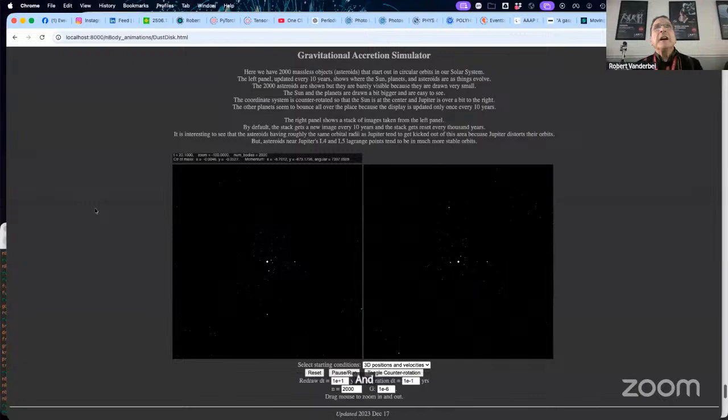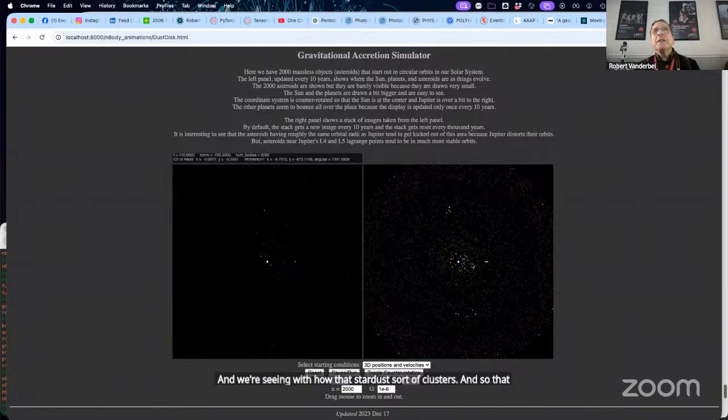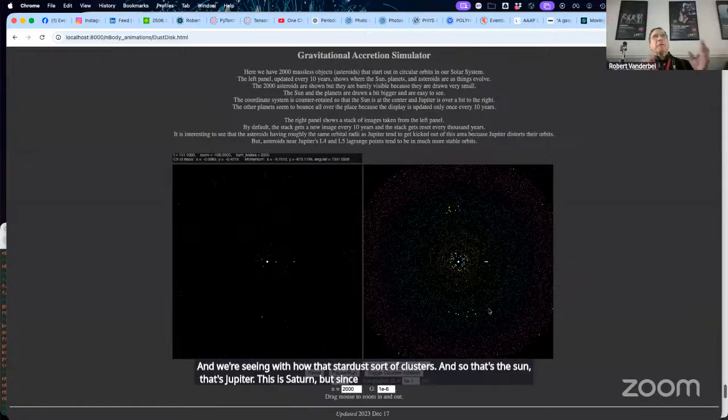And I'm putting a whole bunch of stardust in here, and we're seeing how that stardust sort of clusters. So that's the sun, that's Jupiter, this is Saturn. But since I'm showing multiple versions, and Saturn has some